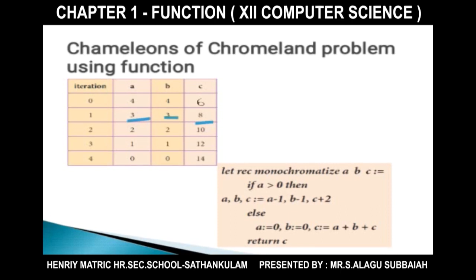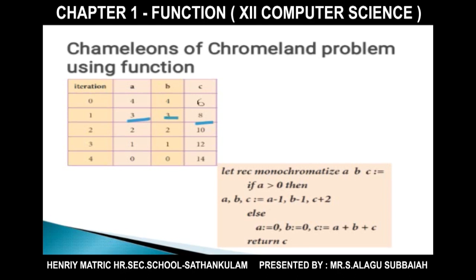The condition is that when any two colors of Hamiltonians meet, their colors change to the third type. Here A, B, C are three types of color of Hamiltonians. Initially their counts are 4, 4 and 6.